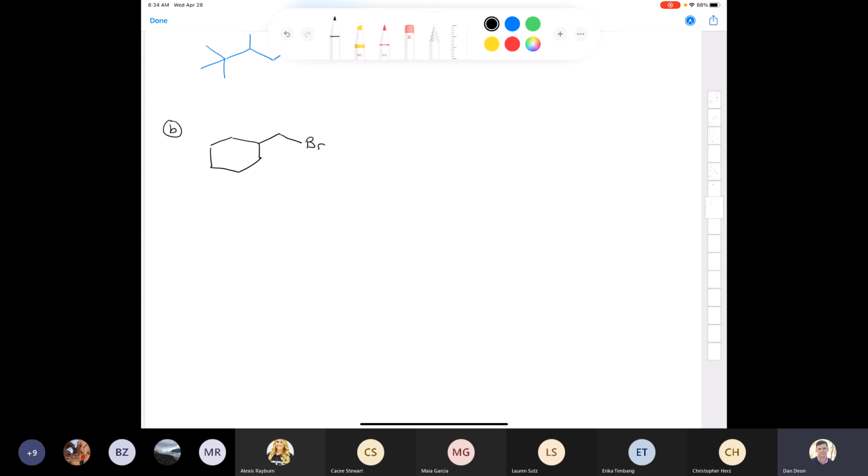Let's think about this for a second. We want to move that bromine from this carbon, and we want to put it over here. Now, this one might seem a little bit trickier to you, but in terms of retrosynthesis, if I had this molecule, which is called methylene cyclohexane,